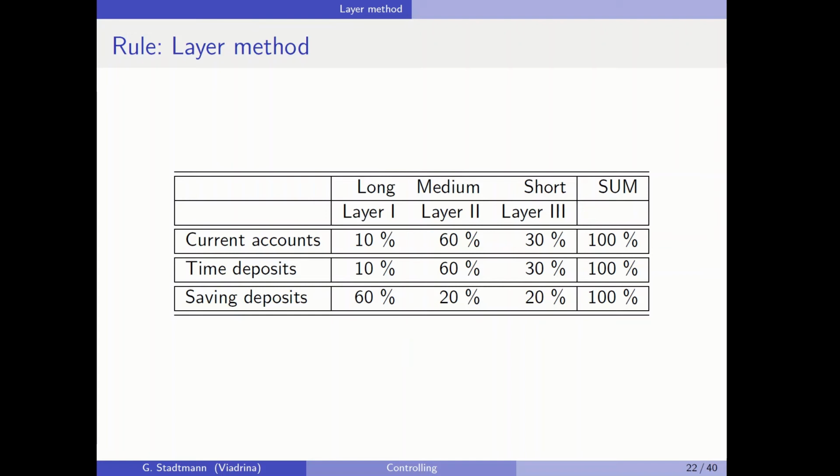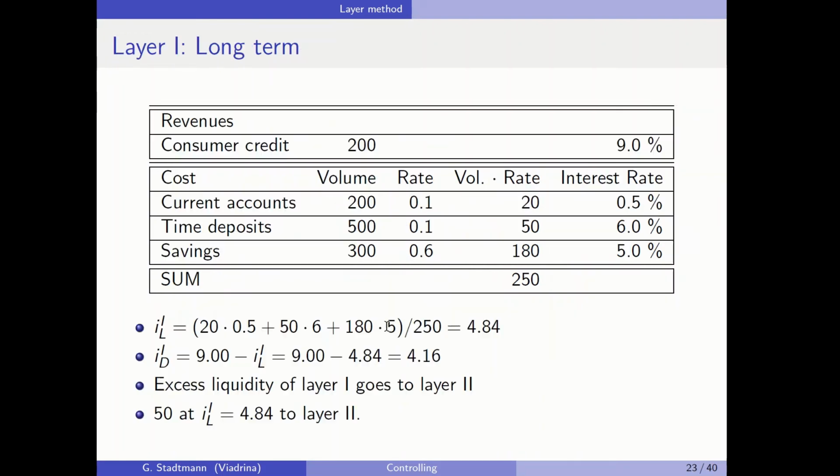Okay, let's have a look how we proceed afterwards. We start with the first layer, the long term. Here we have consumer credits of 200 on the asset side, and the interest rate is 9%. We are allowed to use 10% of the volume of the current accounts, 10% of the volume of the time deposits, and 60% of the volume of the savings to finance the first layer. So in the end, there are 250 units